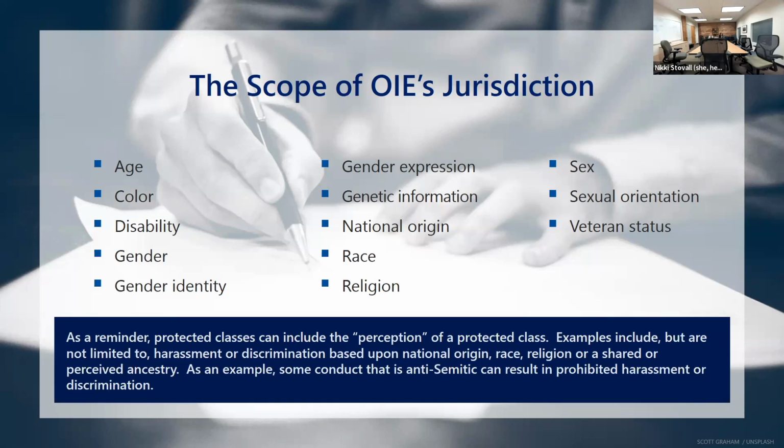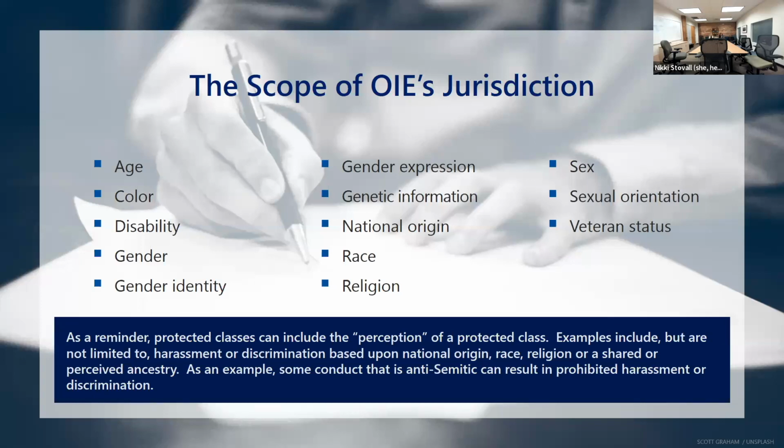Now, what's really important about this is that protected classes also include the perception of a protected class. So you don't have to necessarily be part of that protected class, but if someone perceives you as a protected class, you do receive that protection. So for example, if there are anti-Semitic slurs directed at someone, even if they're not Jewish, you may fall under that protected status. If you don't have a disability, but someone perceives you as that, you have that protected status. So that's really important and something to note, because a lot of times people don't understand that. But that perception is also one of the scopes, and that protection applies to those people.